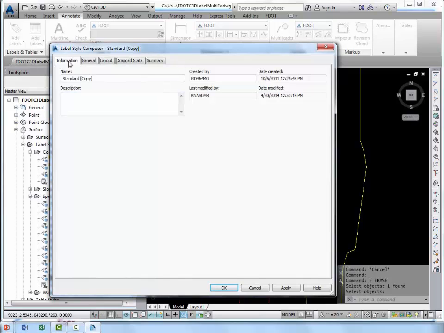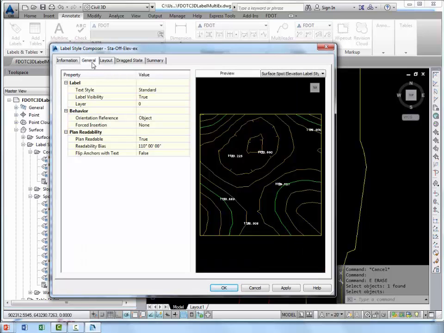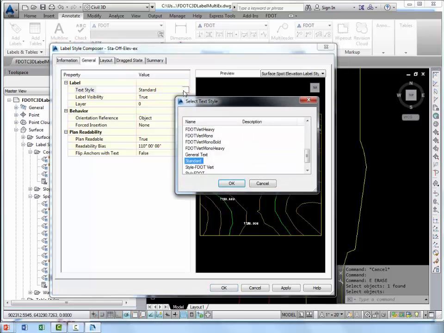Again, the label style composer is displayed. On the information tab, let's give our new style a name. I'm going to call it station offset elevation, and I'll put example at the end of it. The next step we want to do is to go to our general tab and apply an FDOT text style to it because we want to adhere to the FDOT standard. So for text style, I'm going to click on the value box and click on the dice icon next to it. Once I click on that, I'm going to choose FDOT